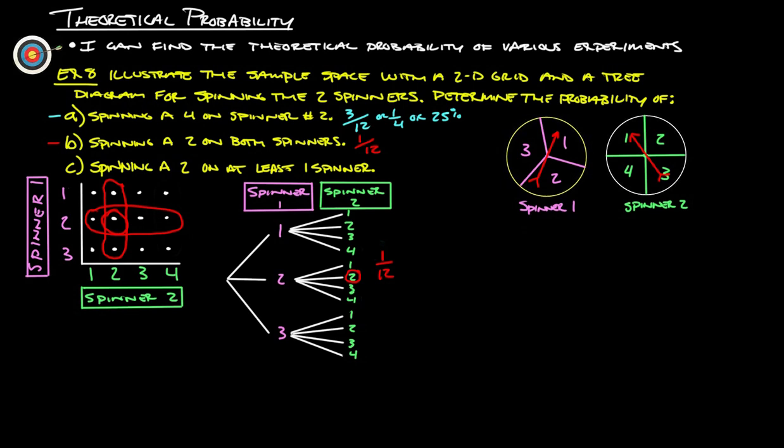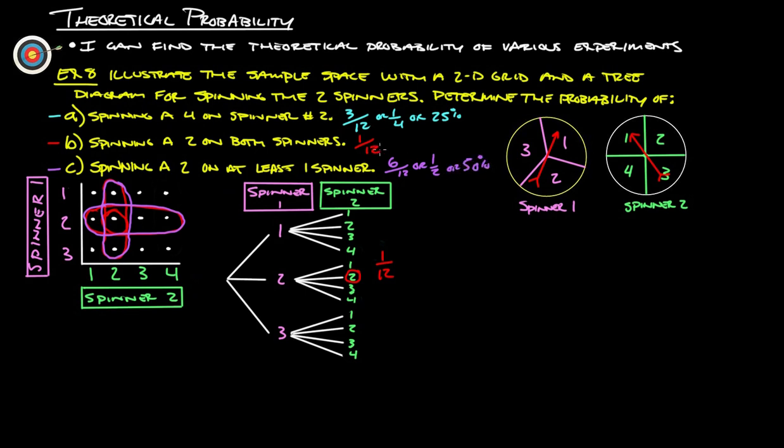Okay, and then the last one here says, what's the probability of spinning a 2 on at least one spinner. So that would still be these two. That's spinning a 2 on spinner 2. This is spinning a 2 on spinner 1. Since it's saying at least one spinner, that would be all of these dots that we've got circled here, right? So 1, 2, 3, 4, 5, 6 of those. So that would be 6 out of 12, which is 1/2 or